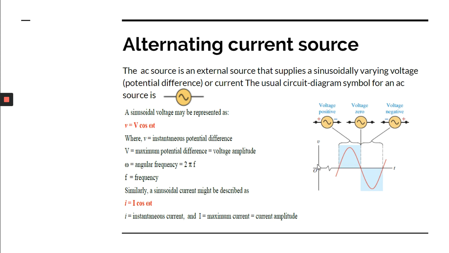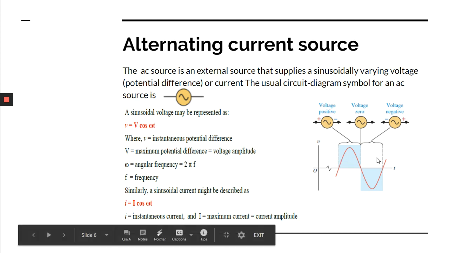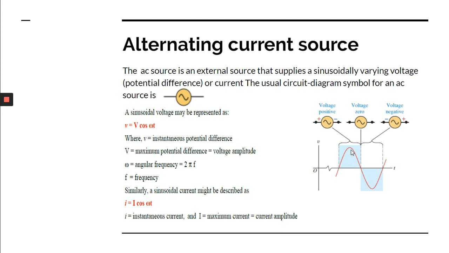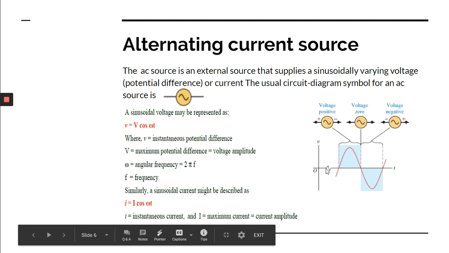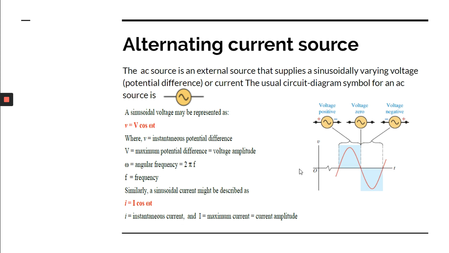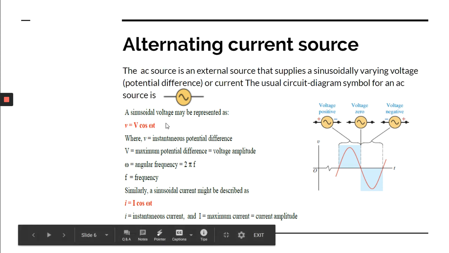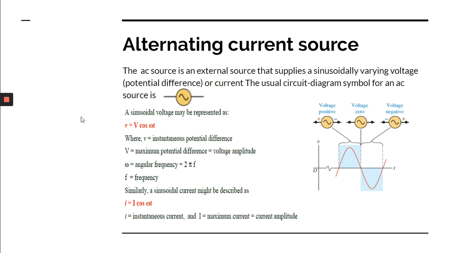Let us try to find out what the average value is. As something is varying from a maximum to 0, again 0 to maximum like this, in this case generally we take the average value. But what is the average value of this? If this is the maximum value, V max or B, and this is your minus B, what is the average value? 0. If you draw this, this is your average. So if you take the average value of an AC current or AC voltage, it is 0. So you cannot take the average value.